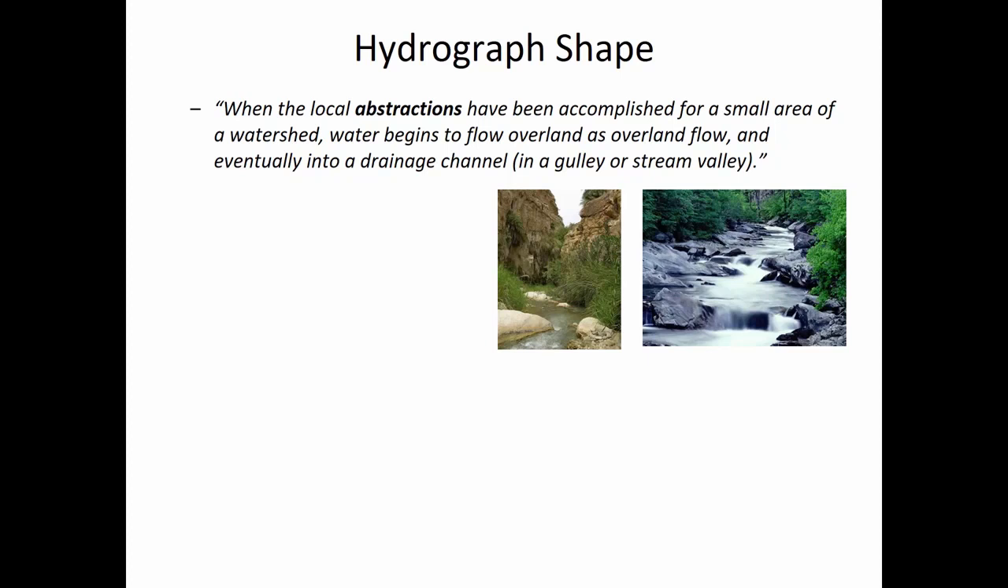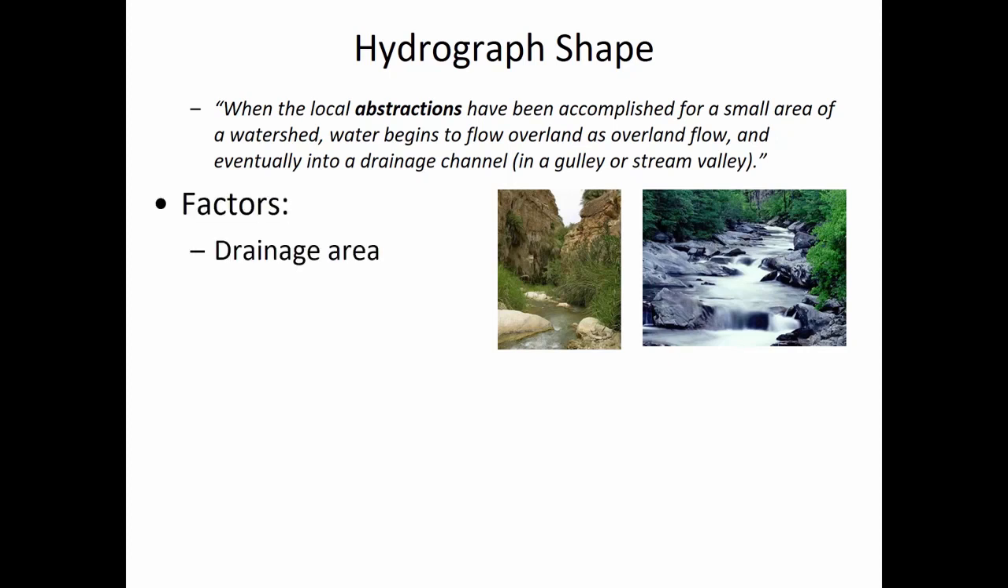All right, so it's making the point that when the abstractions have been accomplished, and I thought that's kind of a strange use of words, but in a way it tells you what the abstractions are doing. It's all these little reservoirs that have to be filled inside of the watershed before water begins to flow overland. So we're talking about the wetting of the leaves, the wetting of the branches, the wetting of the forest litter, or whatever it is at the surface, the filling of all the surface storage ponds and so on. And so once all those abstractions have been accomplished, as it's saying here, then the water starts to flow